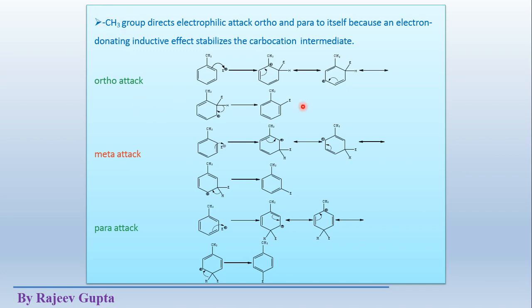How can we understand this with these structures? See, if we make an ortho attack of an electrophile, this is the electrophile E plus, which contains this positive charge. Then these electrons transfer to this side, and at this ortho position carbon, electrophile sigma bond formation takes place. Now the positive charge comes on this ipso position, where the methyl group is directly attached. Now this is the first resonating structure. See, these both are the reactants.